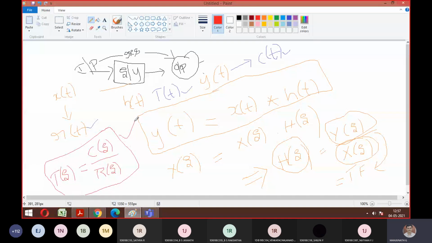Yeah. So if they ask you to define a transfer function, what is the statement I told you? It is defined as the ratio, C of s by R of s. So the ratio of the Laplace transform of output to the Laplace transform of input. That is the statement you need to give. If they ask you to define a transfer function, just represent the input as R of t, output as C of t, and system as T of t, and apply a Laplace like what I showed, and write this final formula. That will give the brief explanation about transfer function.